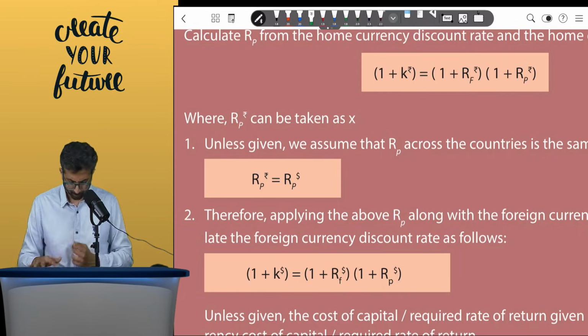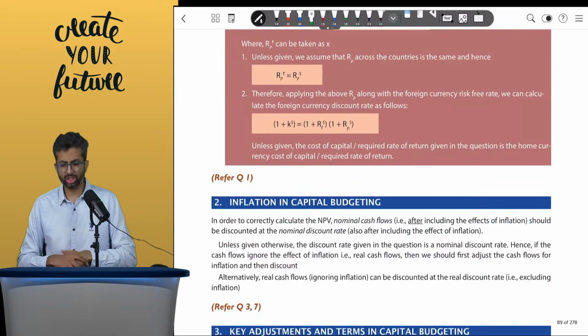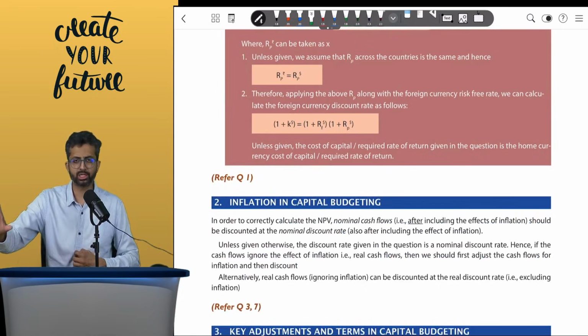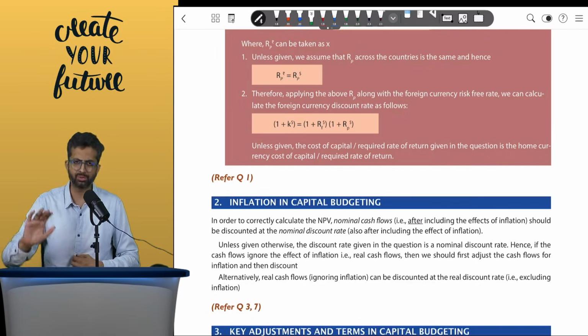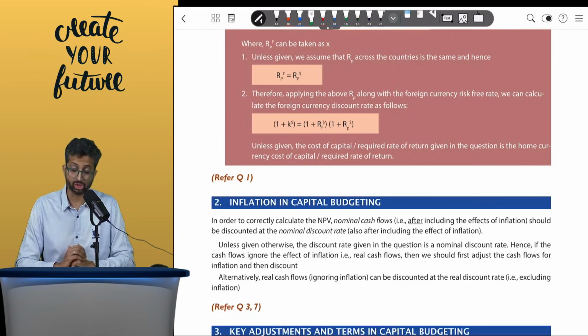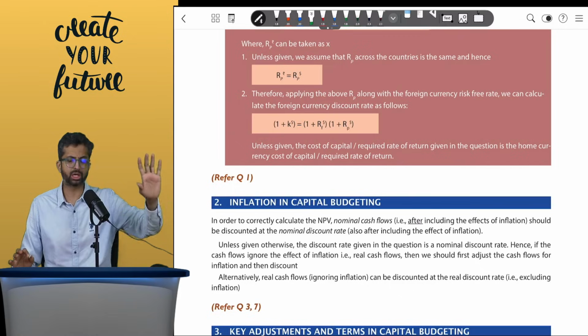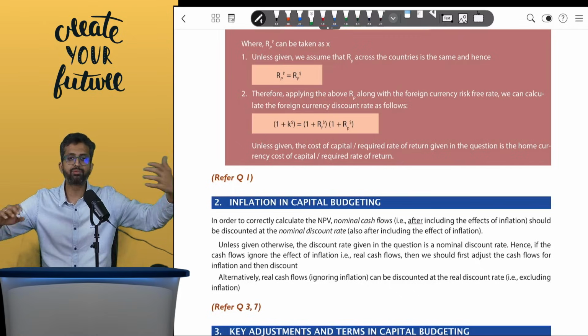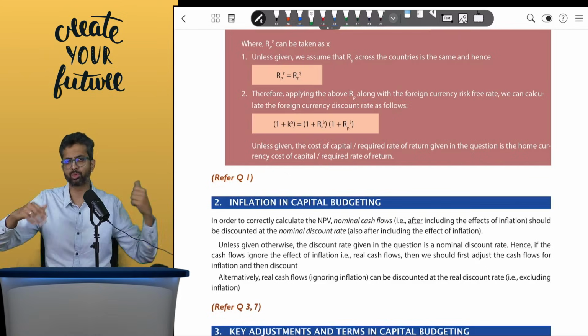Now, if you look at inflation in capital budgeting, typically the rule is the given discount rate is the nominal discount rate, that is after inflation, unless otherwise given. Real is without considering the effect of inflation. So unless given otherwise, the cash flows are assumed to be nominal cash flows, which will be discounted at the nominal discount rate. However, if you are being given that the cash flows are real cash flows, typically you will